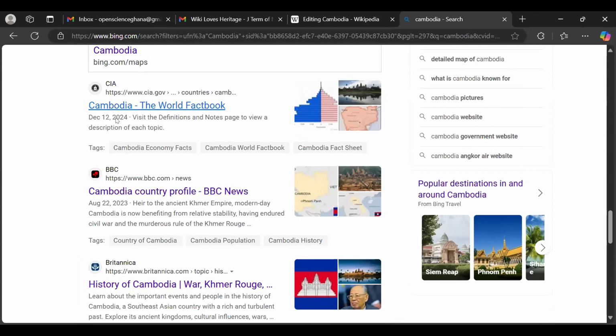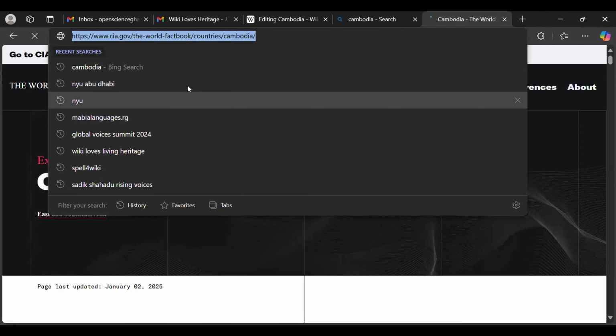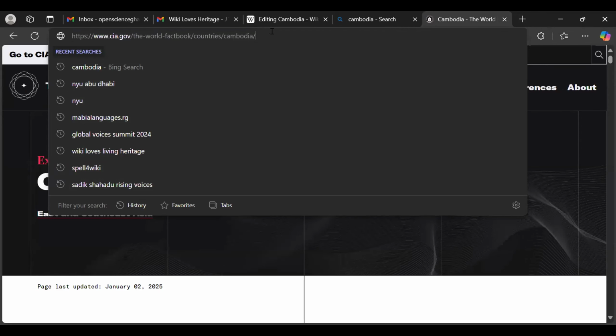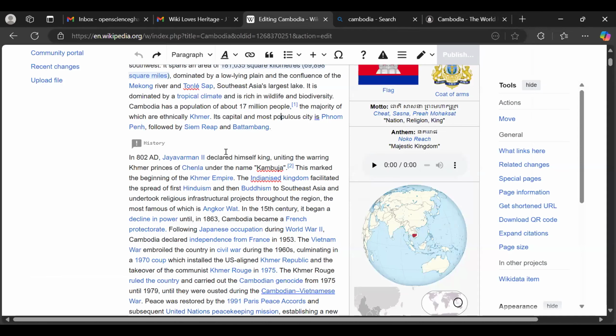Yeah, this website is what I want to link in this article. I just have to Google the topic, find a reference that is credible and trusted. Then I copy it like this, copy. Then I come to this place and let me just take it back.